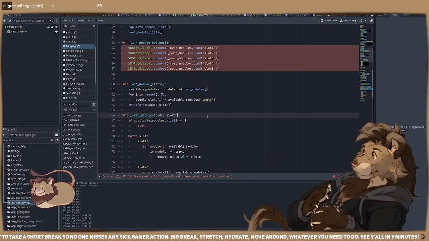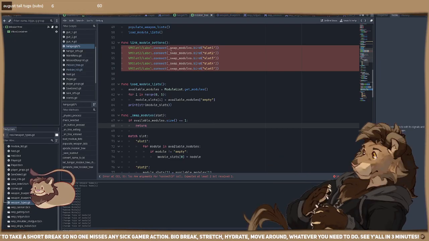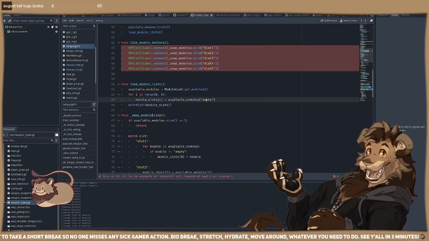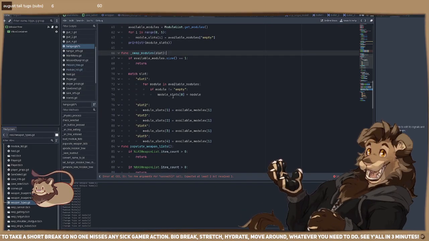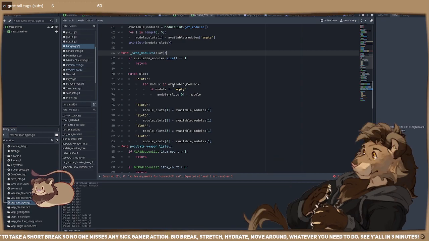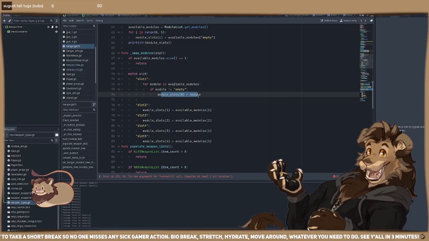Need a body? Swap modules, buy in slot 1. You got it. I'm just gonna ignore it for now. So we're gonna find the first module in our available modules list that isn't empty and set that to that